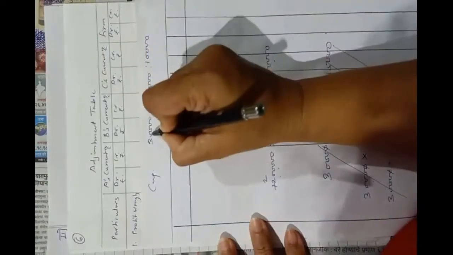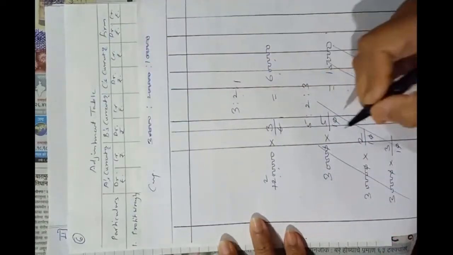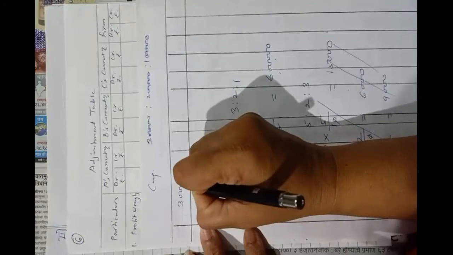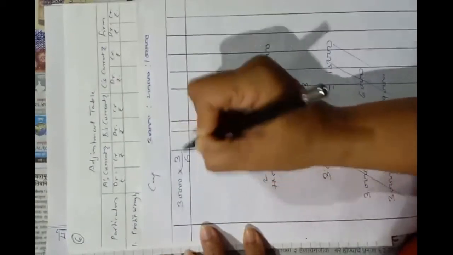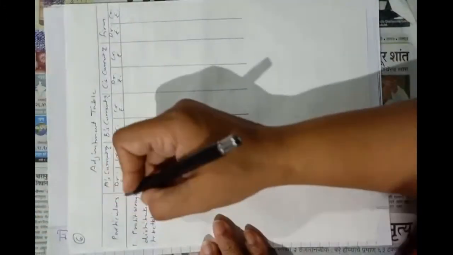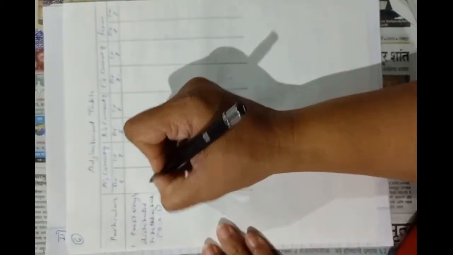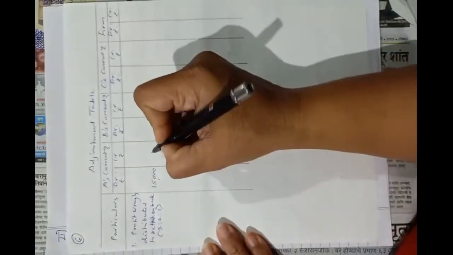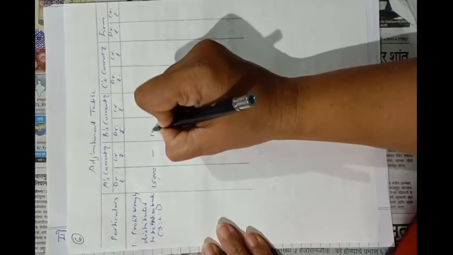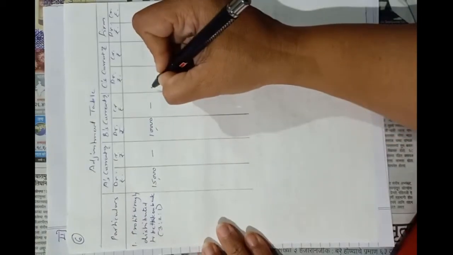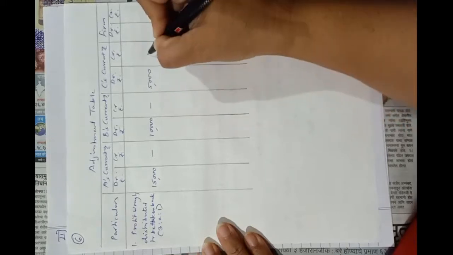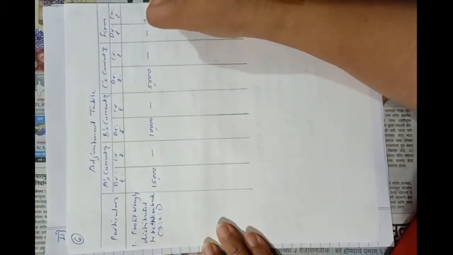Okay, so this ratio will be 3:2:1. So 30,000 rupees profit will be distributed in the ratio of 3:2:1, that is 30,000 into 3 upon 6, 30,000 into 2 upon 6 and 30,000 into 1 upon 6. This distribution is easy. So here profit wrongly distributed, I write here, in the ratio of 3:2:1, that is capital ratio. So 15,000 to be debited to A's current account, 10,000 to be debited to B's current account, and C's current account will be debited by rupees 5,000. So firm's account will be credited by rupees 30,000.